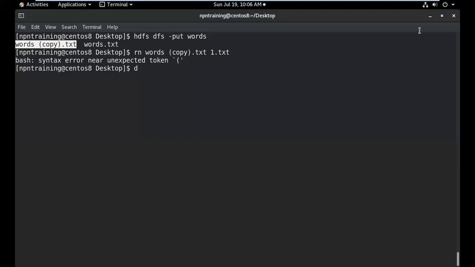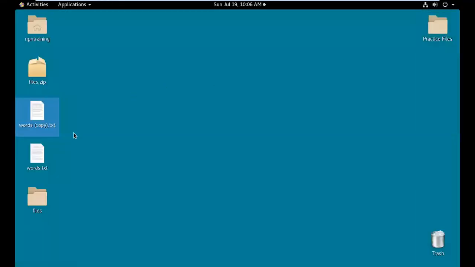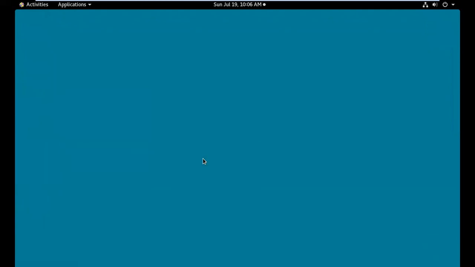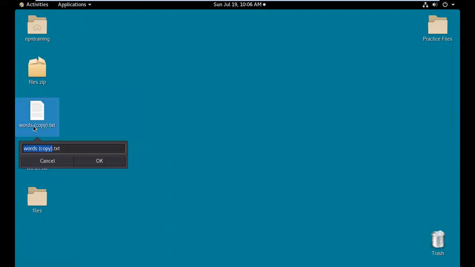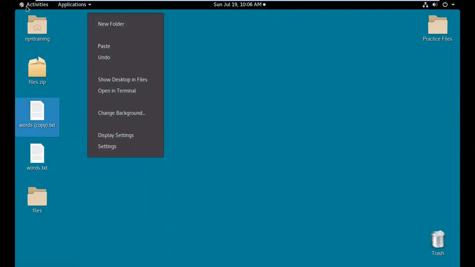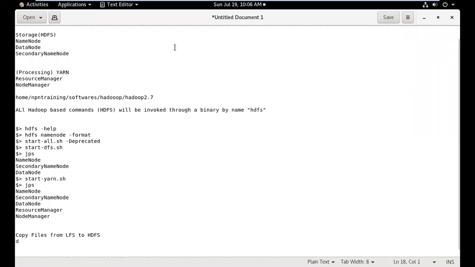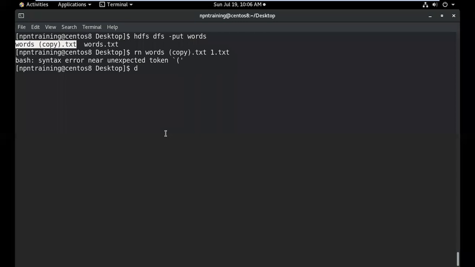Oh, I think it's not taking that. Once again, let me try to rename again. I'm not sure why it is not allowing me to rename. Let me delete this. Once again, let me copy, and when I copy, let me rename this one. I think I can't rename, but let me just create a file again. I'm not sure what happened. I'll create another file. Let me delete it. Oh, it's so much. Let me just create one.